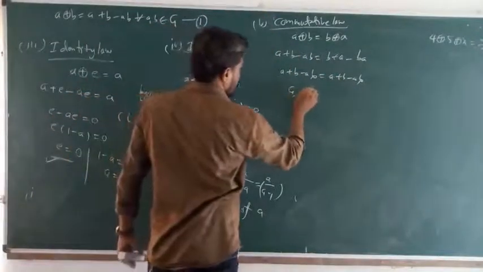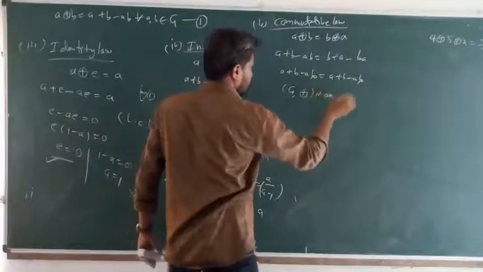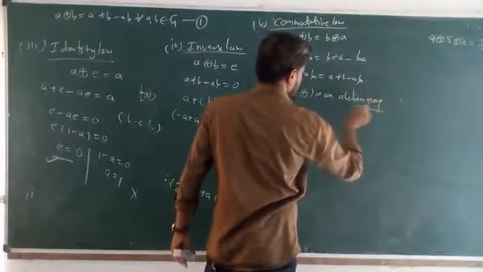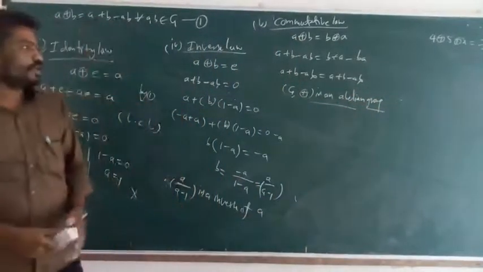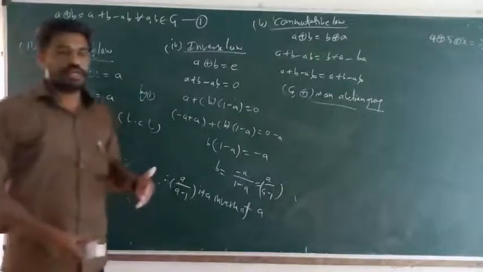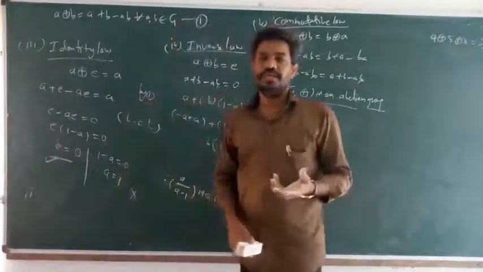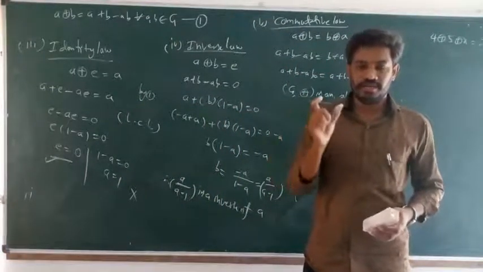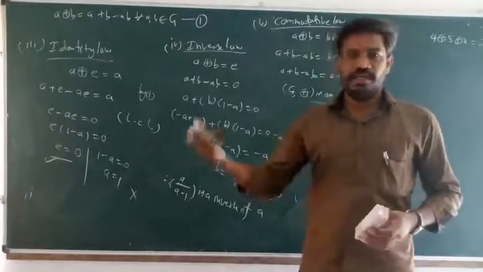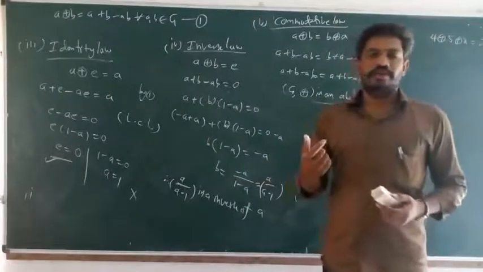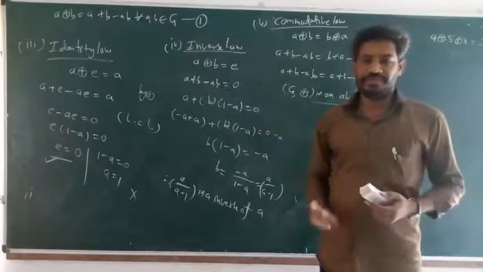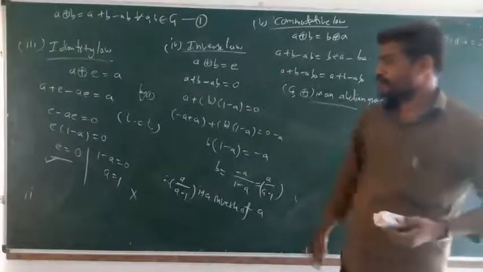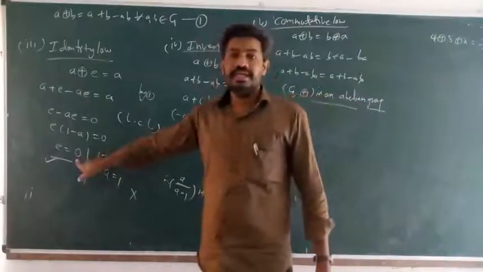Therefore, G comma direct sum is an Abelian group. So this first condition is over. The given set form is important: elements are selected in the set G, each element not equal to one, a very important condition. And next, the given condition A direct sum B equal to A plus B minus AB. You can follow the properties for the given condition: closure, associative, identity, inverse and commutative. In this question, the identity element E equal to 0 is important from the entrance point of view.